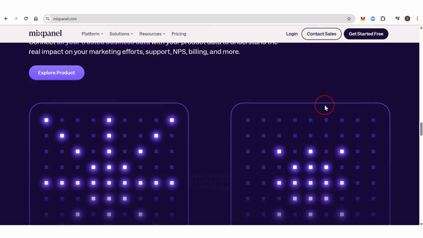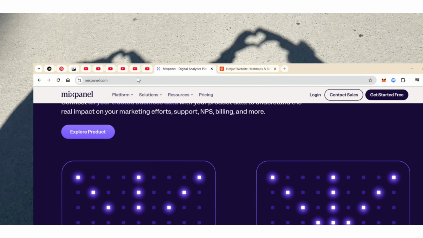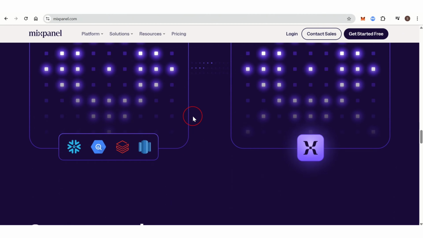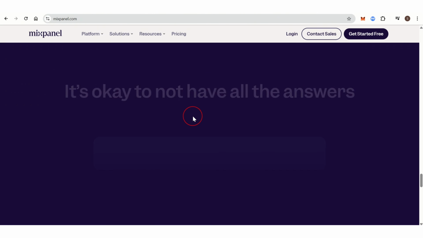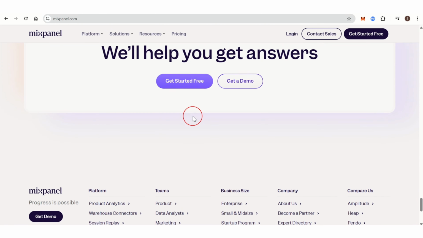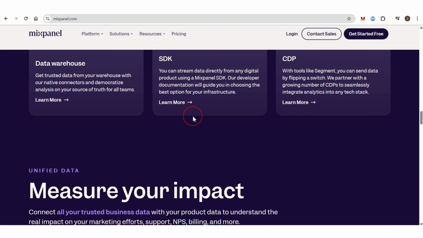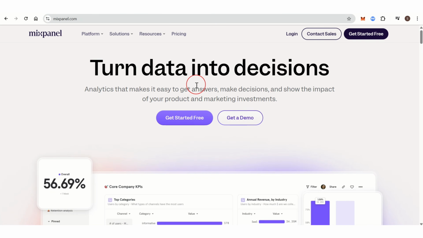Mixpanel strengths: advanced event tracking across web and mobile, deep funnel and cohort analysis, strong retention and engagement insights, and it works well with data teams, SQL export, and APIs. Mixpanel limitations: it can be complex to set up, requires dev input, has no visual recordings or qualitative feedback, and it may